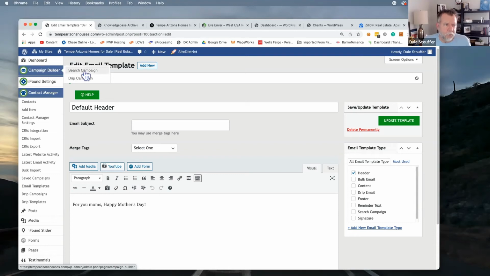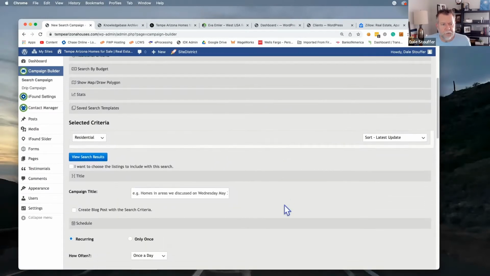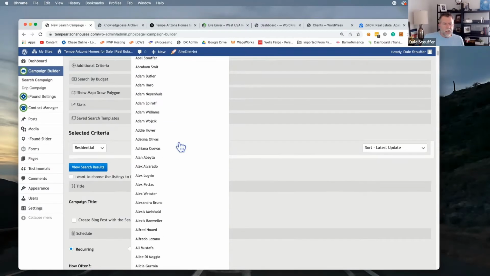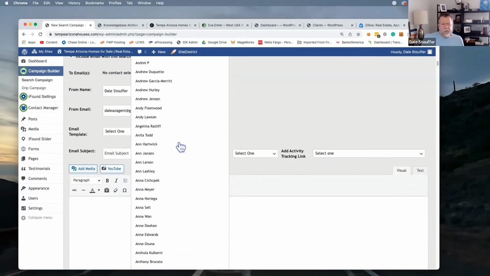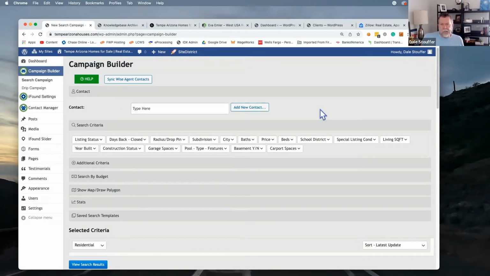Click Campaign Builder. So if I click Campaign Builder, I get the Campaign Builder and it looks like this. You'll see right off the bat, contact, type here. If you have contacts in here and you start typing, it'll pull up. I just put an A and it pulls up everybody who's got an A in their name. If you're just starting and you don't have any contacts in here, you won't have anybody, so you want to